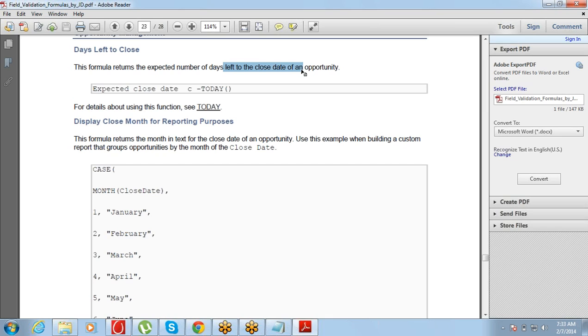Work on this small scenario. So go through this PDF. This is very good. The motive of sharing this PDF is giving scenarios only. More than 50 scenarios.